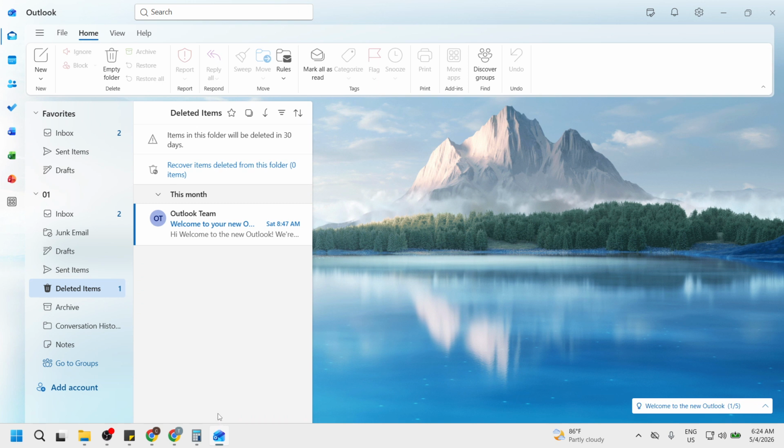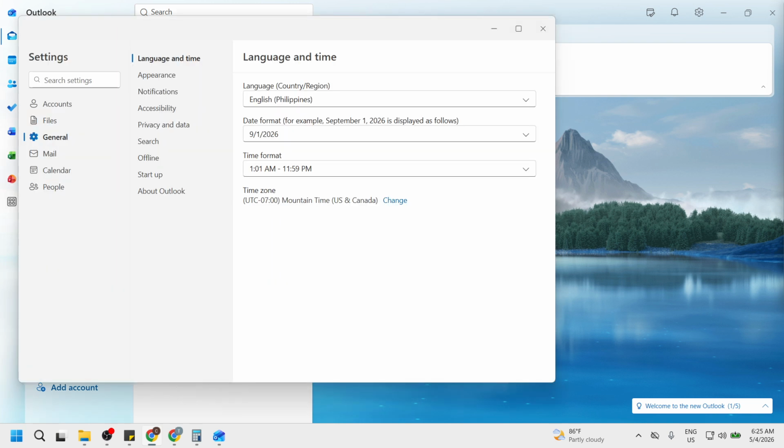Next, head to Settings, which is the gear icon, usually in the upper right corner. Click it to open the Settings panel. If a quick panel appears, look for a link to view all Outlook settings so you can get to the full list of options. From there, go to Accounts. This is where account-level preferences live, including storage details.